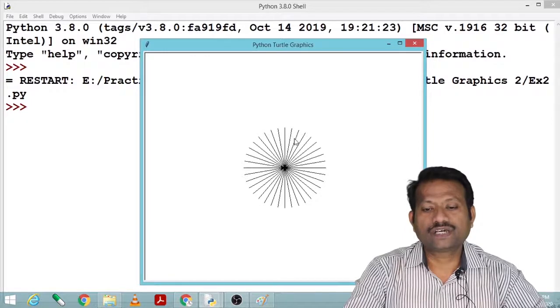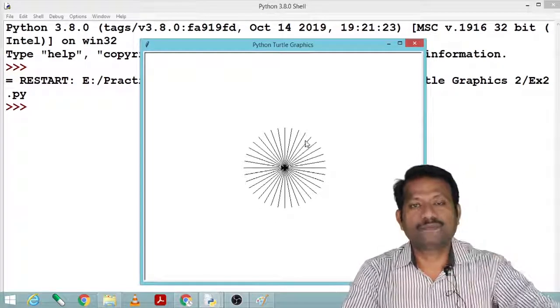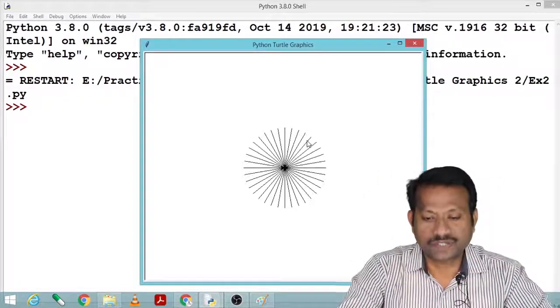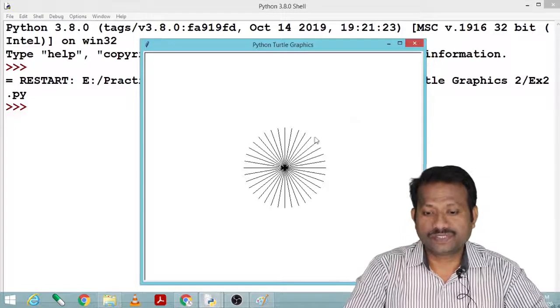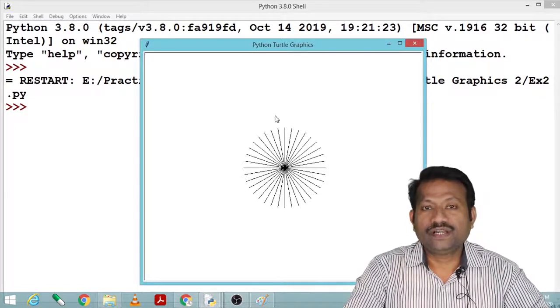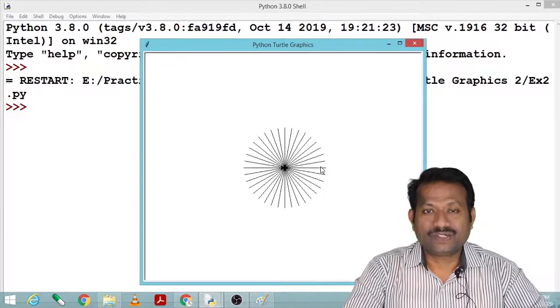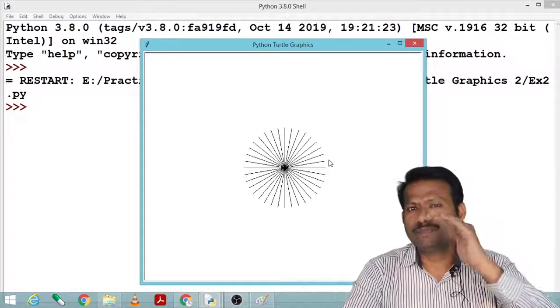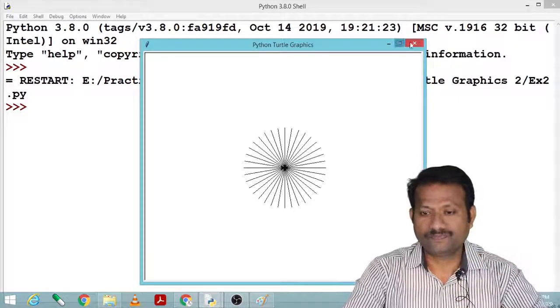So 100 points are very less, it is covering a very small part of our complete screen. So we need to increase this, and here we have seen it is black and white, so it is not colorful. So how I can make it colorful, that we are going to see.